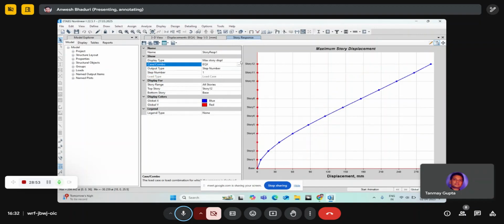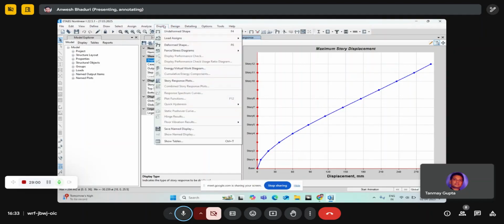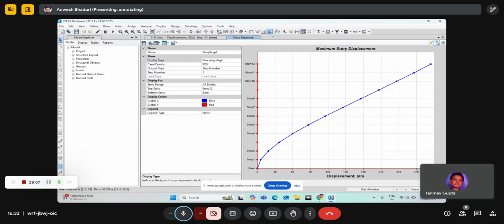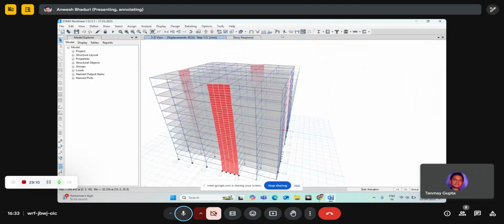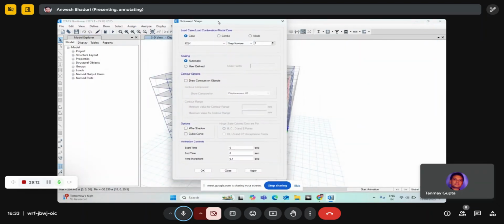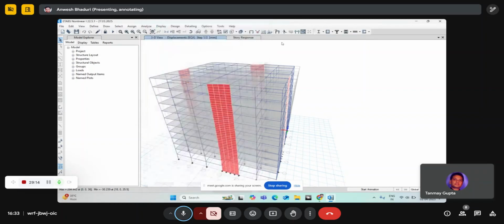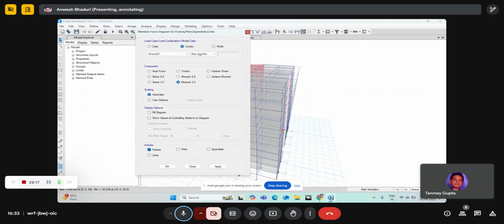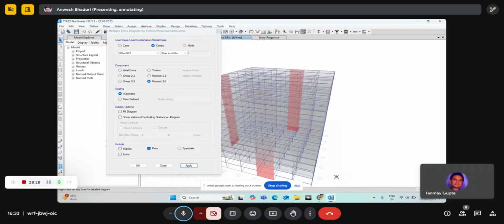EQX, and we have... just wait a minute. Let's see. You can see the forces over here, but